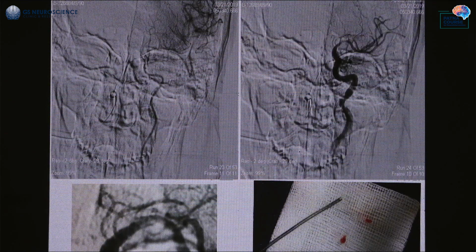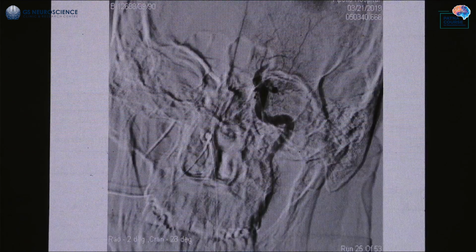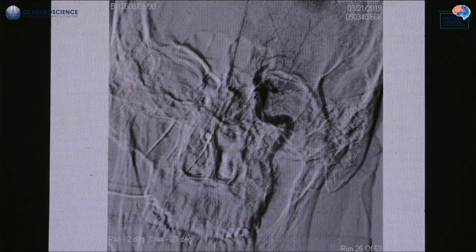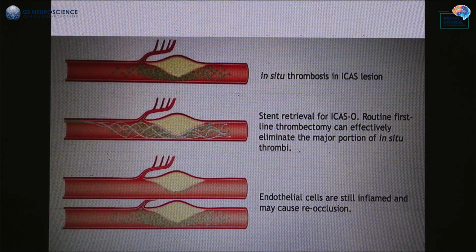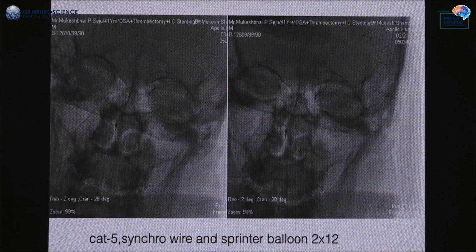But again, after a few minutes, it reoccluded. Whenever there is inflammation going on in the plaque, there is always a chance of rethrombosis. If you are doing thrombectomy by stent retriever or anything, you are damaging more endothelium, again increasing the chances of thrombosis. So it is better to do first